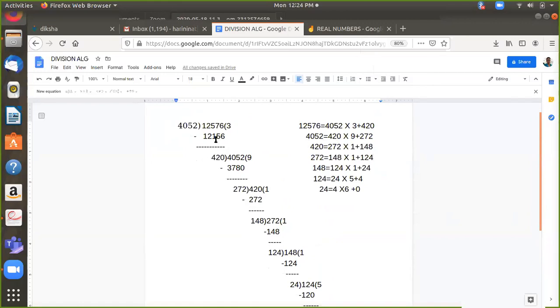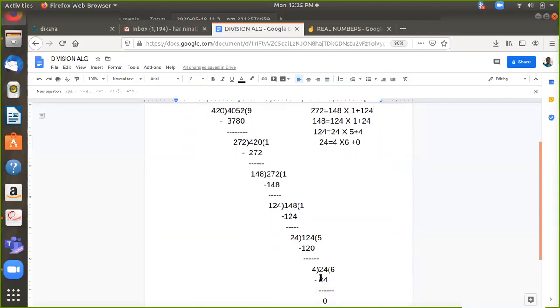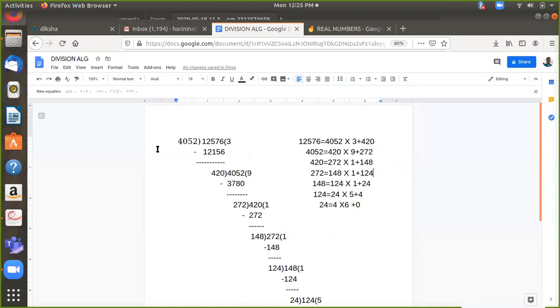I will tell you how to do it. But is this clear? Some of you can directly start writing like this also. Some of you will get used to it as you do more and more problems. Writing this becomes natural. But to start with, you can divide like this and reach 0. Then convert this division lemma into this form. This is actually the lemma. This is not the lemma. This is what in the primary classes we taught you how to do division, so that we are bringing it to a concrete form like this now. So until now, if there is no doubt, I will tell you how this method can be put in this way. No doubt?